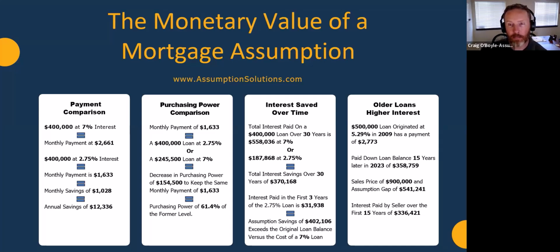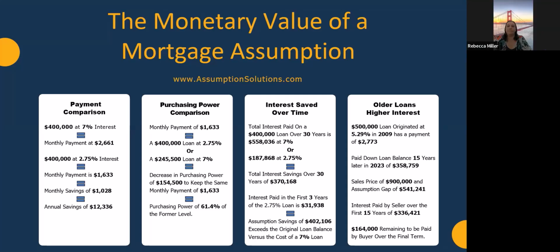Of course, they still have to pay the principal amount that's assumed, but the remaining interest for the next 15 years of payments is only $164,000. So not only is the buyer getting a 15-year note until the house is paid off, the true cost of that loan over the next 15 years is dramatically less than what the cost was to the seller of that home who owned it for the first 15 years. So, a magnificent deal. I love this kind of thing.